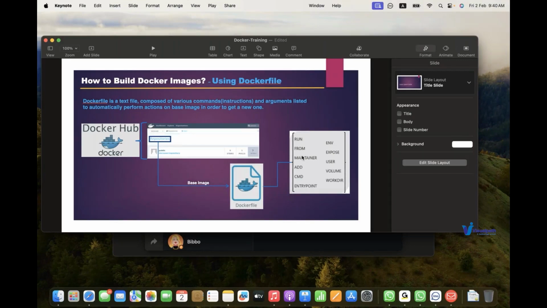Rule number three, commands should begin with capital letters. All right. You should also follow some order, top to bottom, in a particular flow. That is rule number four. Rule number five,